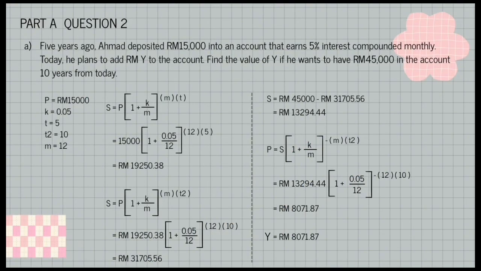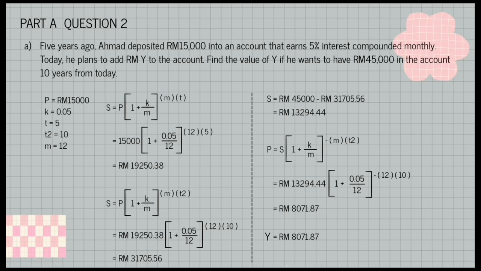Question 2A. 5 years ago, Ahmad deposited 15,000 into an account that earned 5% interest compounded monthly. Today, he planned to add RM Y to the account. Find the value of Y if he wants to have 45,000 in the account 10 years from today. So, the principal is 15,000, K is 0.05, M is 12, T is 5. We use the formula S equals P(1 plus K over M) to the power of MT. 15,000, 1 plus 0.05 over 12. And we'll get